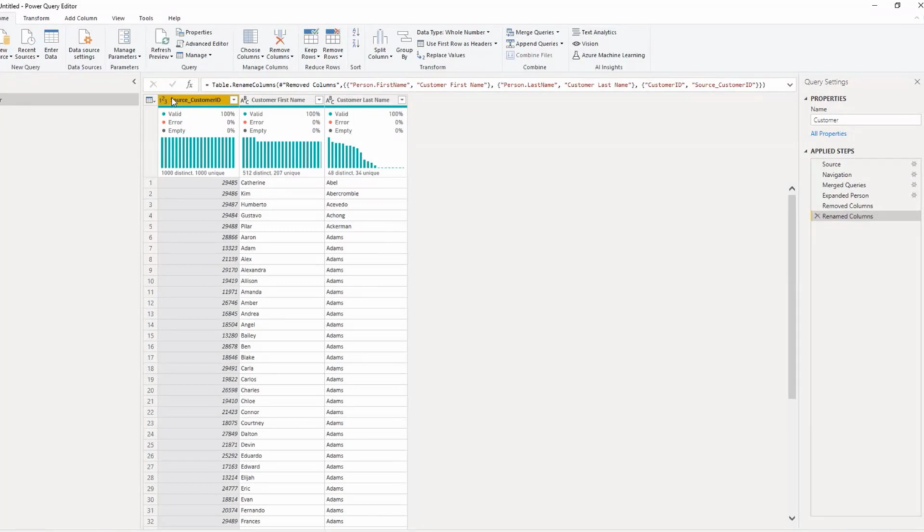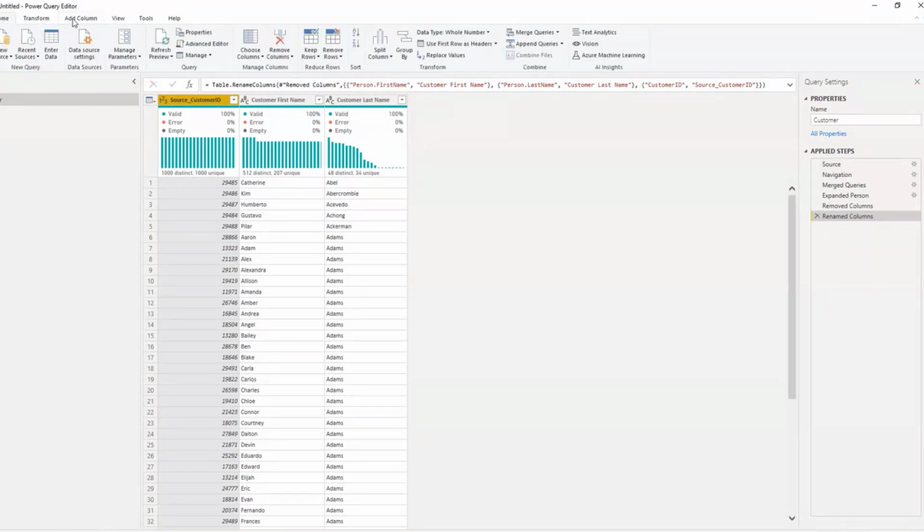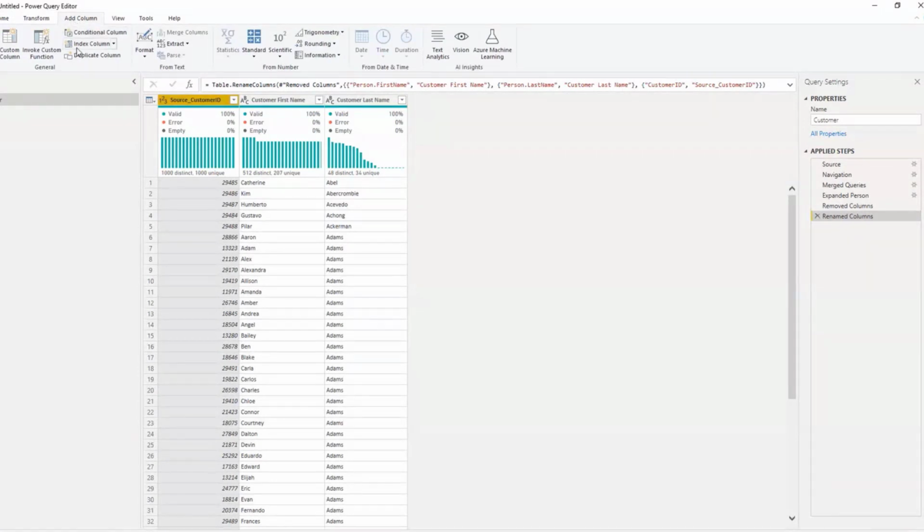For our analytical purposes, we'll be creating a new, basically auto-generated key. You call it an index, and we'll be using that in our dimension to join with other fact tables or other dimensions if required. To do that, you go to the column option right on top, and there you should see something called index column. Click on the drop down arrow next to the index column and click on from 1, because you need to make sure that it doesn't start from 0, because that's not really the right way to go about it.